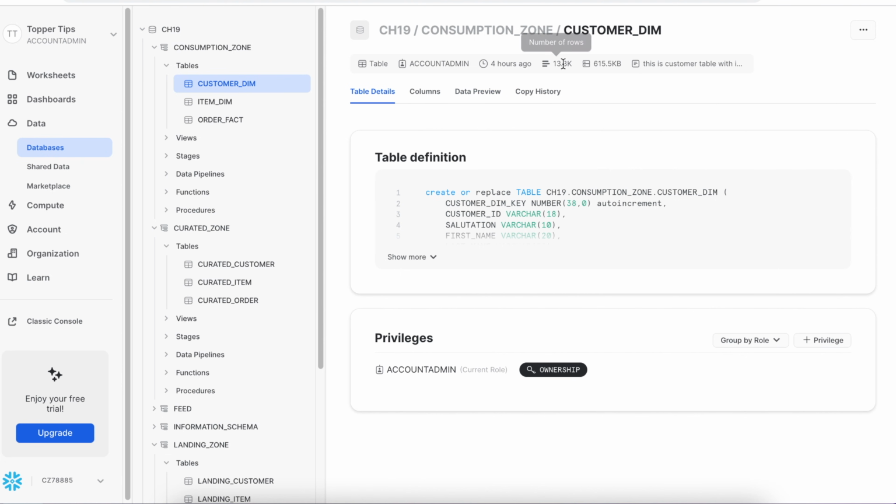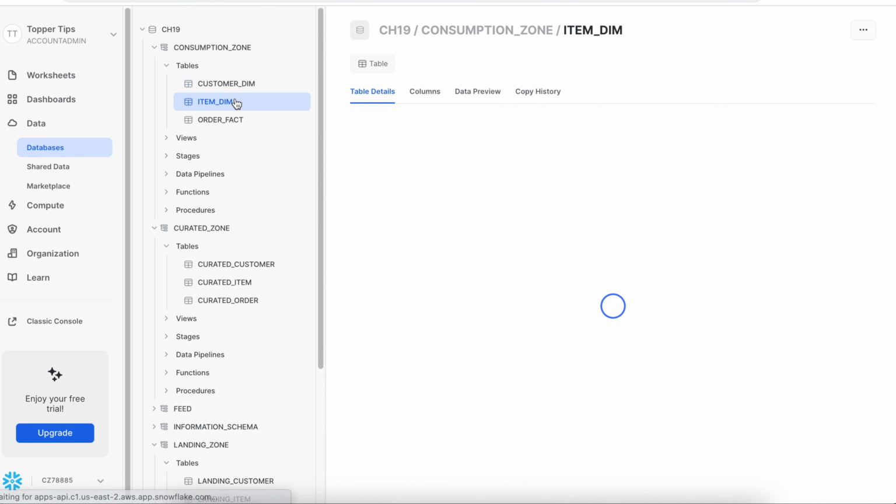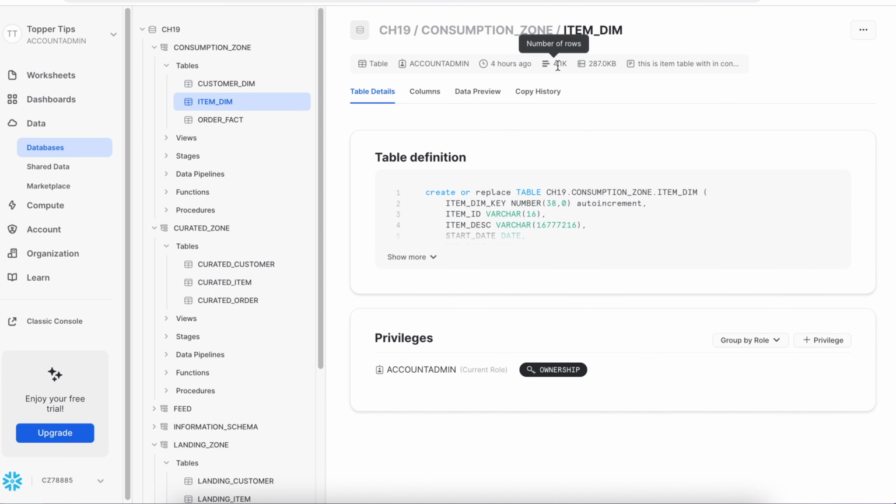First, I will check the customer and item dimension table. Customer dimension table shows 13.3k records and item dimension table shows 4k rows. I am not really validating all the rows as some of them might be treated as updates and the rest of them are treated as insert statements. In order fact table, we got 5007k rows. So all these 3 tables got updated successfully and my setup for stream and task in this layer is also